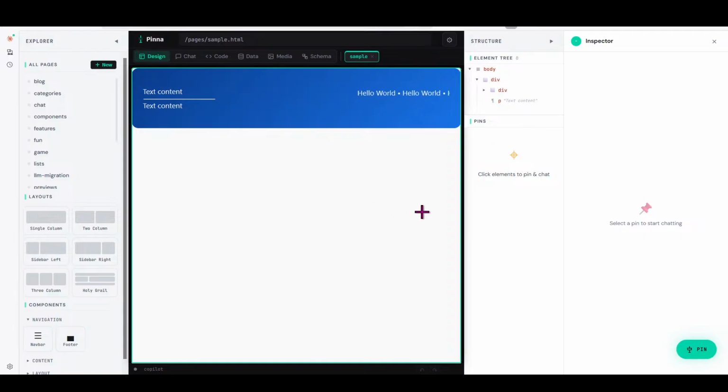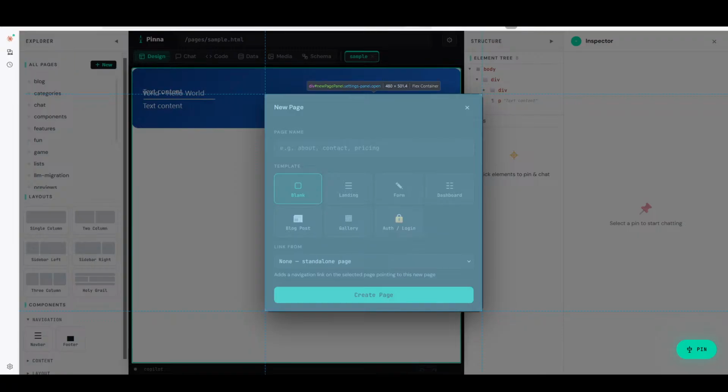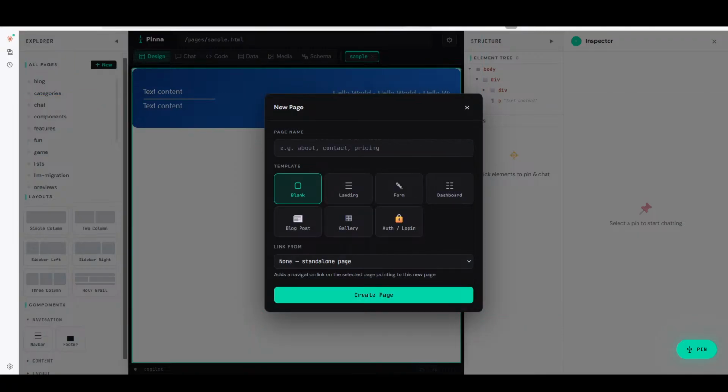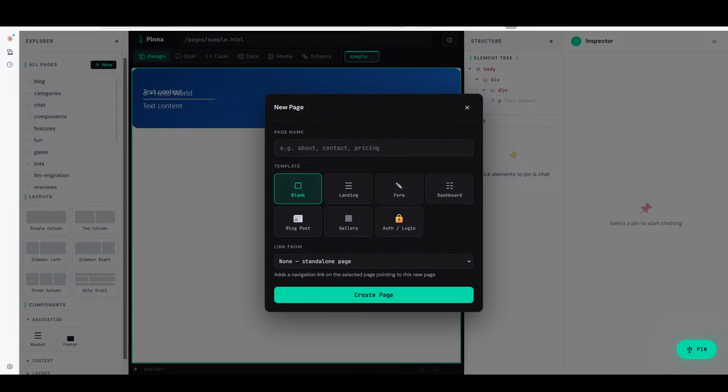Okay. So here is an example of how we could have it. Let's create a new page. I'm going to create a new page, and I'm going to say here, maybe we should have the prompt here. So this is going to be an interesting one. We should have here. So this is how I would rebuild it. I would go here. I would copy this element, and then I would go in my